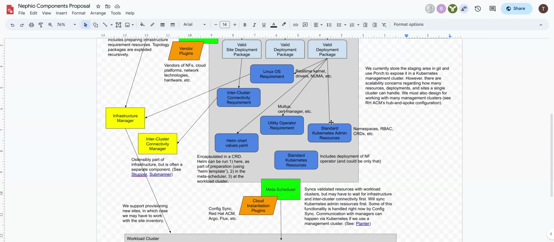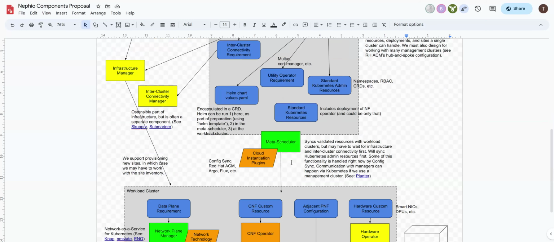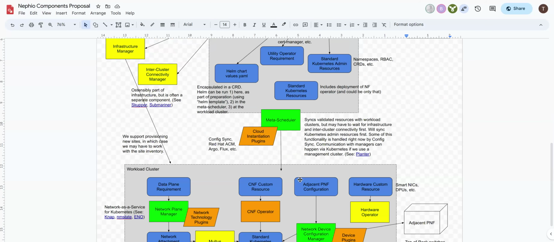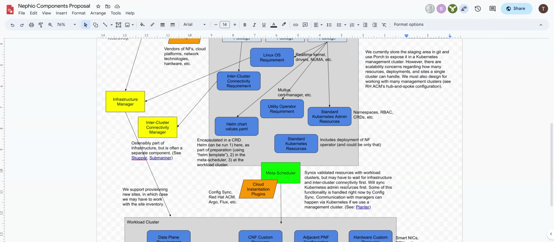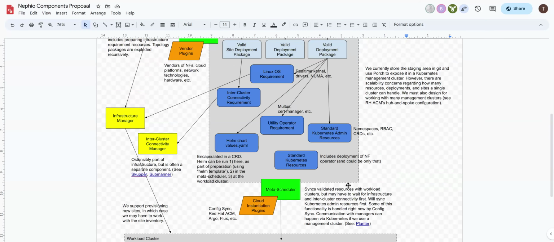So the idea here is that the meta scheduler goes over all these packages, all these different resources, and it will know where to schedule them, right? So it sends them onward. So things like standard Kubernetes resources have to go just into the workload cluster, right? A really simple config. But if we're provisioning a new cluster, we might have to wait for that new cluster to come up,